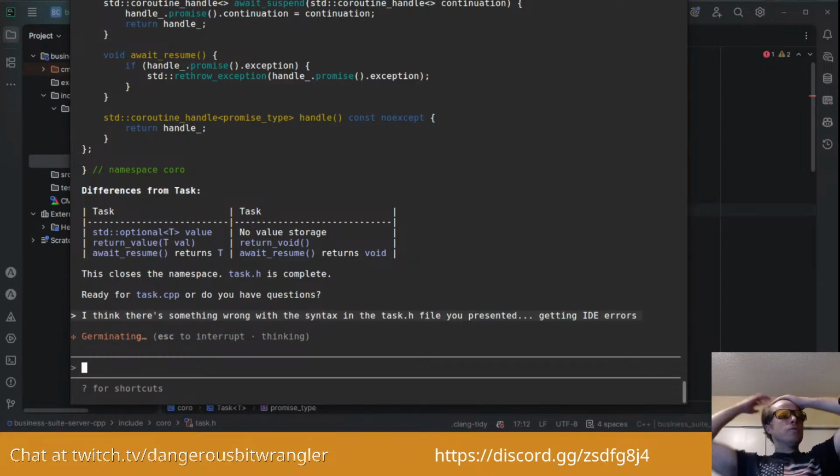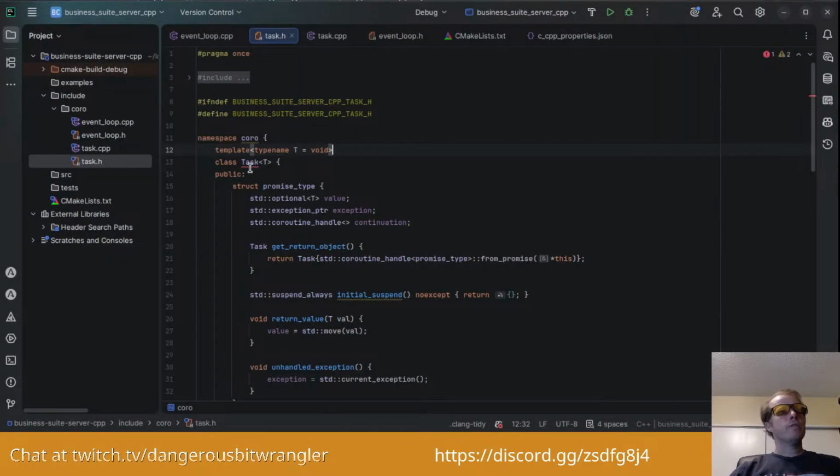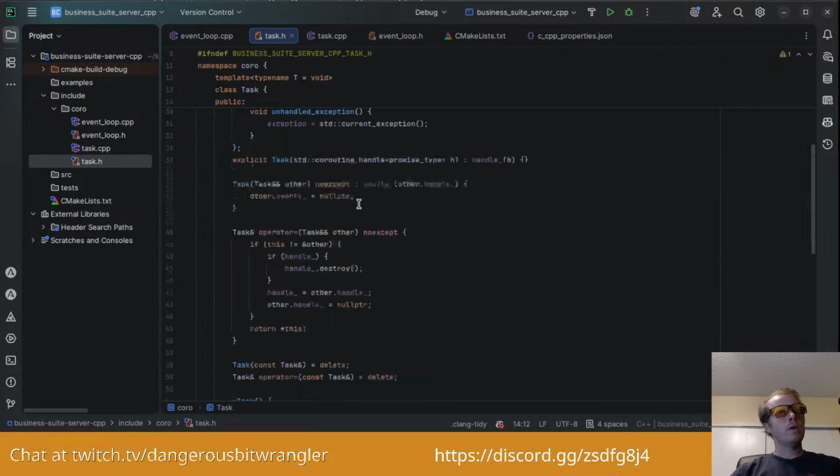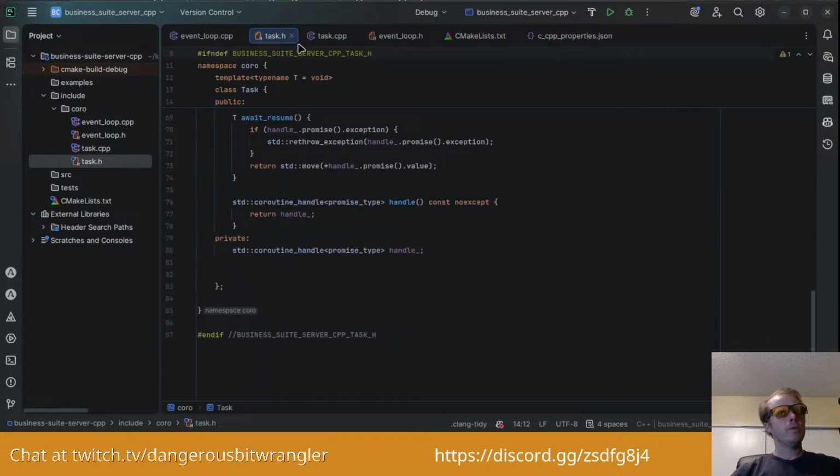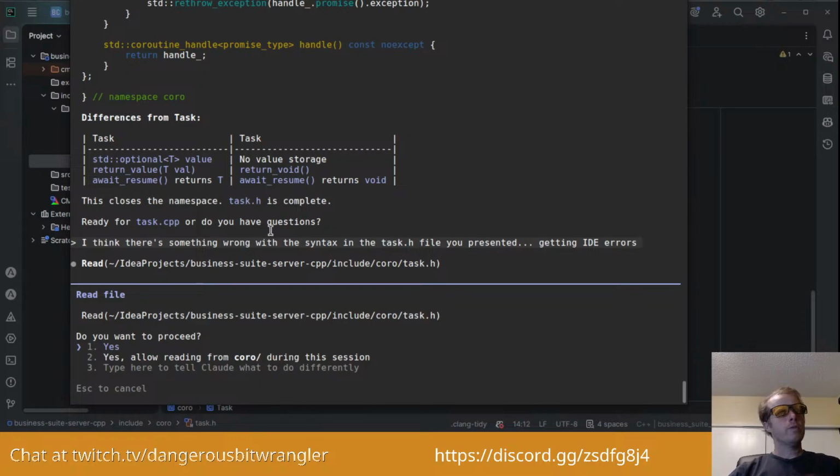I'm not sure. To me, it looks like the syntax is right, but maybe task should not have T. And then it should just be, let's see here, let's see what it's saying.